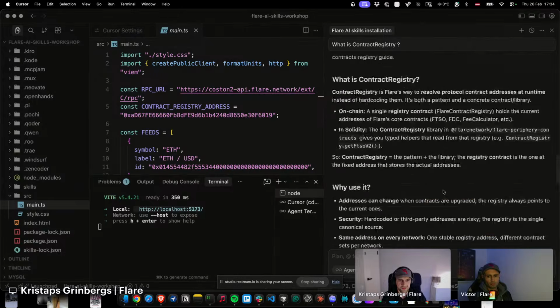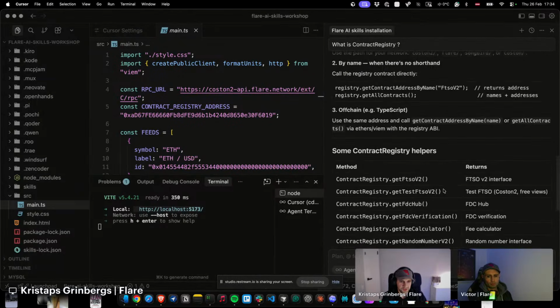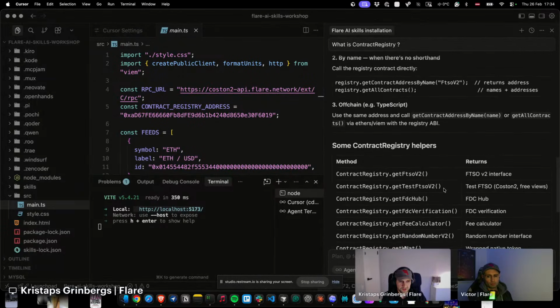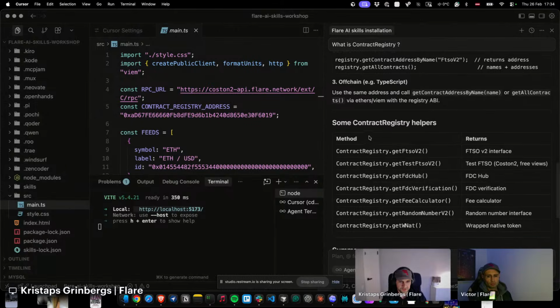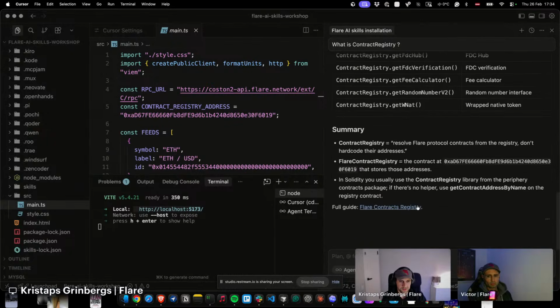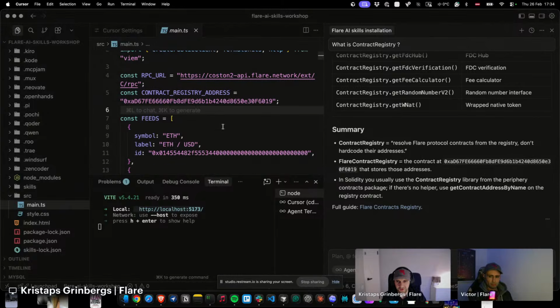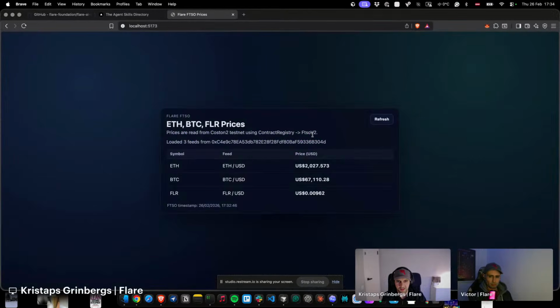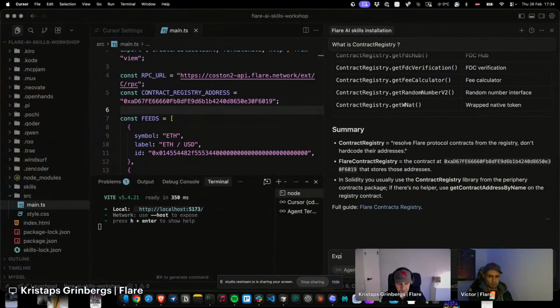So I think it's, of course, you can go to DevHub, but that's much faster. And it gave information, like for instance, some helpers that you can use from this contract registry, get FTSO version 2, what we need, how to use it off-chain in TypeScript, what we are using here. So yeah, that's something. For instance, if you don't know what it is, maybe you can ask, like, explain